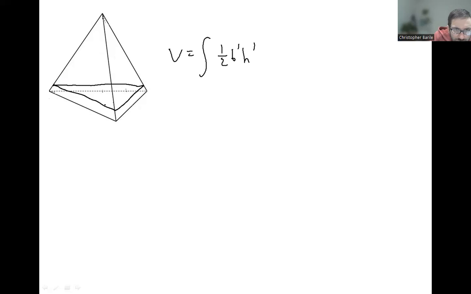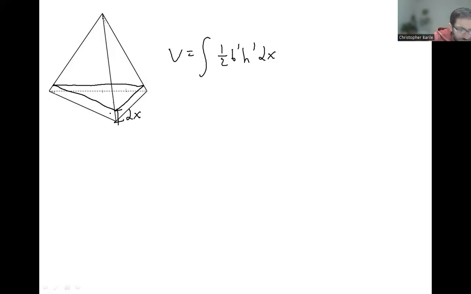So the area is given by 1/2 B prime H prime. That's changing over time, but the height of this little triangular prism, each infinitesimally small triangular prism, is going to be dx. So that's where the calculus comes in, and then we're going to be adding in all of these different triangles, and so we're going to be